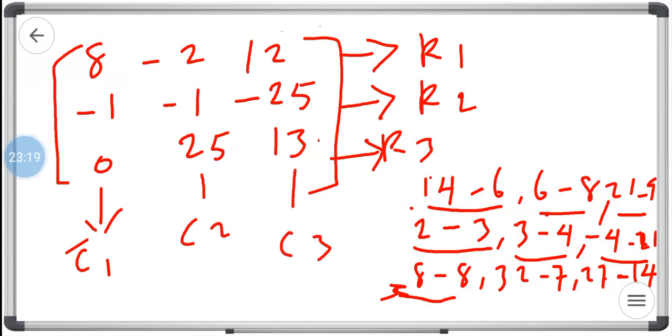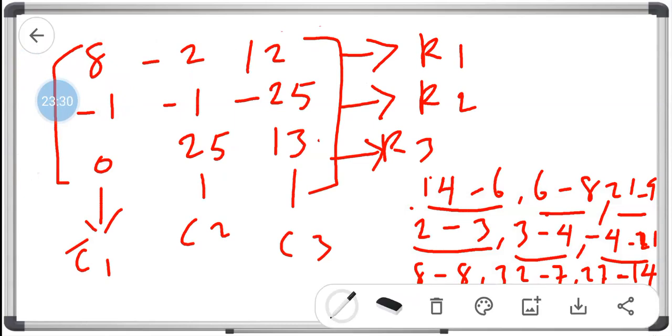So let's consider another question under subtraction. Quickly, let's consider another question. Don't forget that we are dealing with subtraction of matrices. Now, if